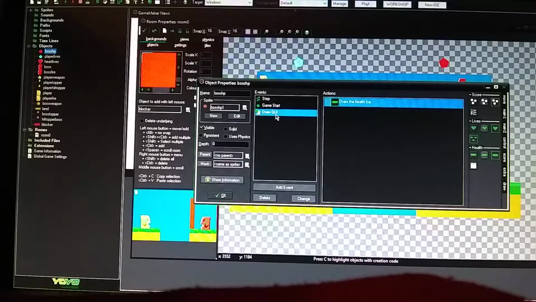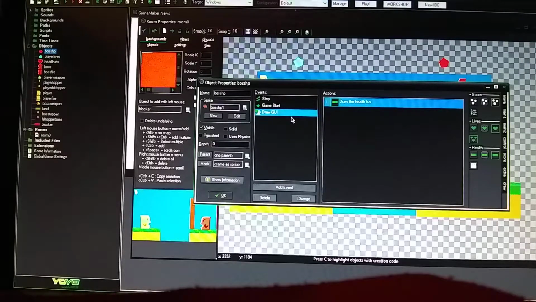Alright, and then I have it set to GUI draw. This basically works if you're doing a camera view and make the character move, then the health bar will move along with the character. So you don't have to use the step event and the draw event like I've done in the past, where it's going to be drawn on the screen when you're moving. You can use the draw GUI instead, but I did notice with doing it through the computer, the PC,